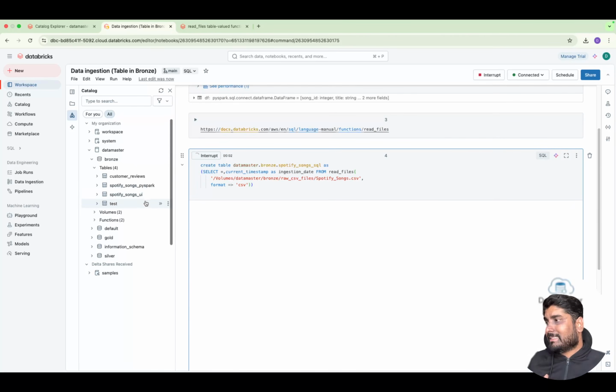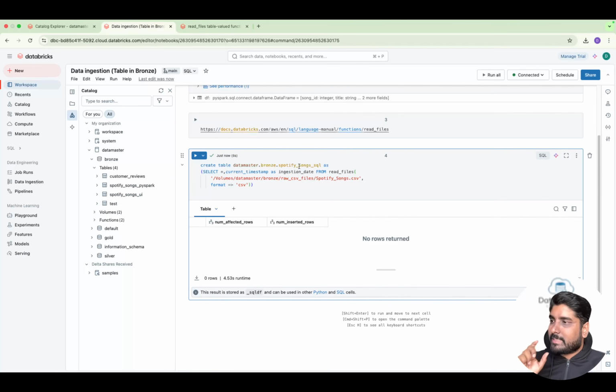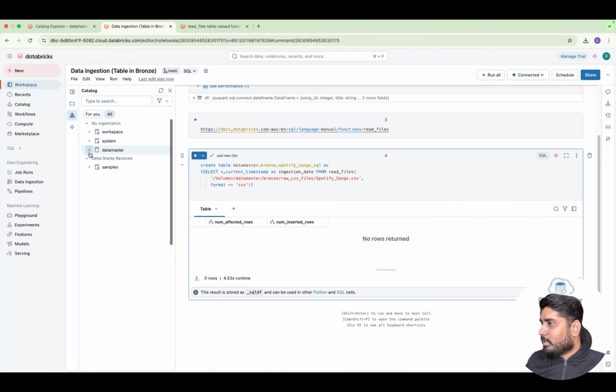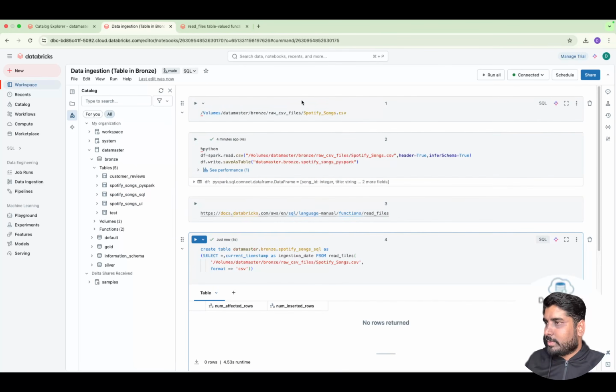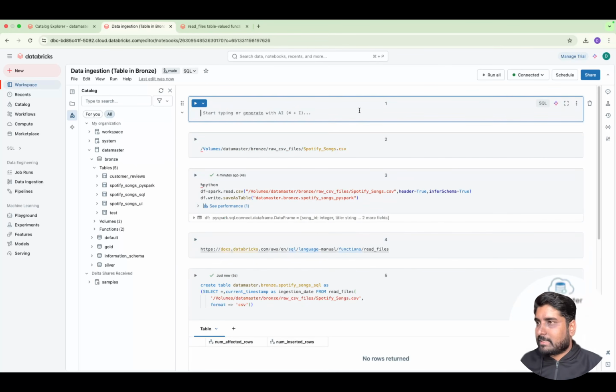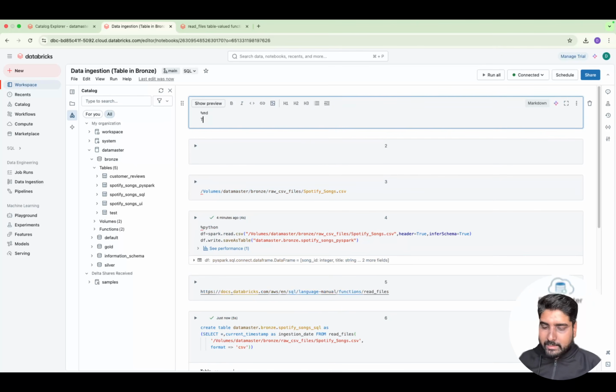Wow, a table is created now, and the table name is Spotify songs SQL. Let me do a quick refresh, go back to the bronze, and oh, cool. We can see we got 3 tables now. So we created a table. Let me do a title here. Let me write it here. We can say creating a table,